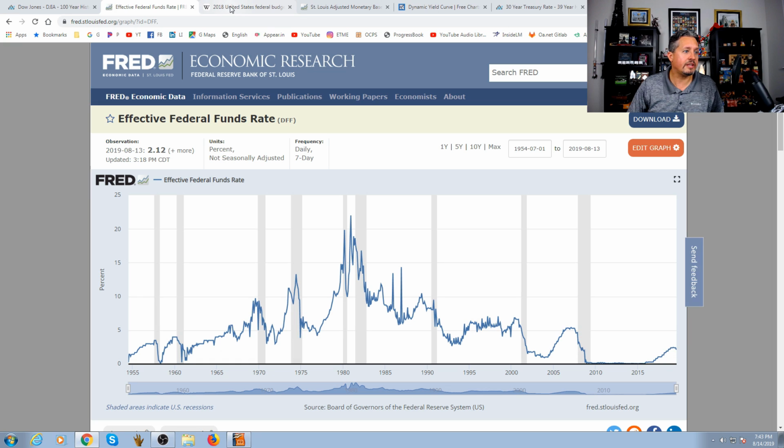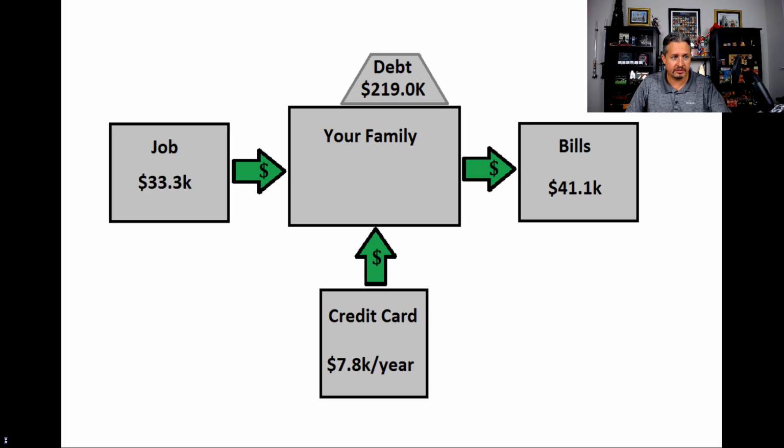So now what I also want to show you here, let me flip to it. I have this demonstration here. I love this little chart. This is a typical US family, right? What you've got over here is your job. Say you're making $33,000 a year. You are the family here in the middle. Say you owe $41,000 a year in bills. That's like your mortgage and your insurance and all those things added together. And you notice that your job isn't enough to cover your bills, and therefore you need to borrow money every single year. So you borrow on your credit card, right?